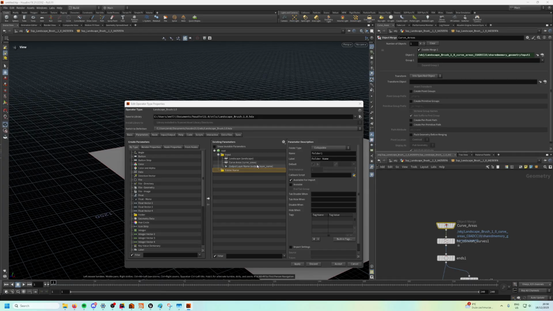are concerned with. So we expect to carry over our data on the curves, on the primitives, so curve areas. So we have to call this folder in a very specific way, and that is curve areas, which is exactly the same as here, underscore prim underscore attribs. And I will just copy it and have the label named the same. Apply, and